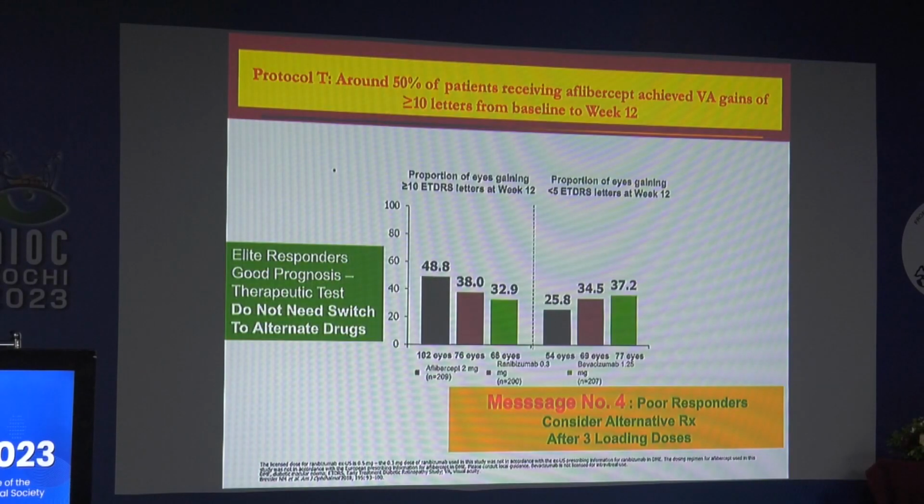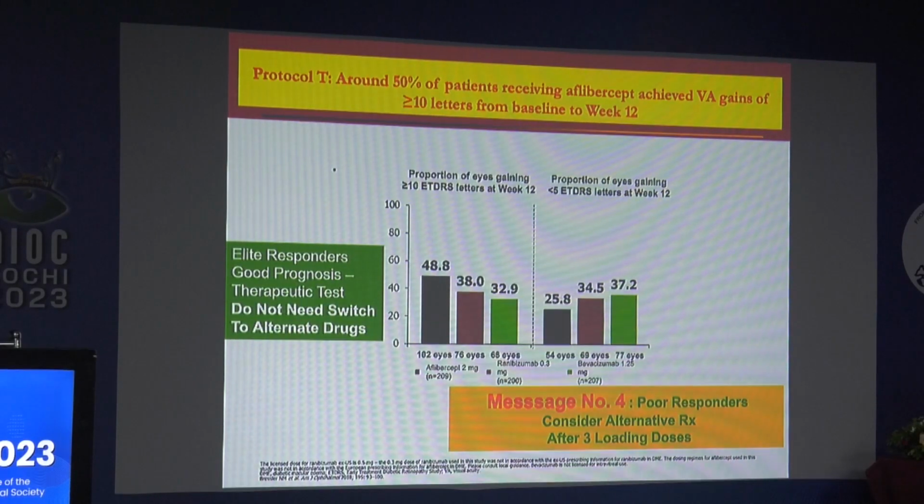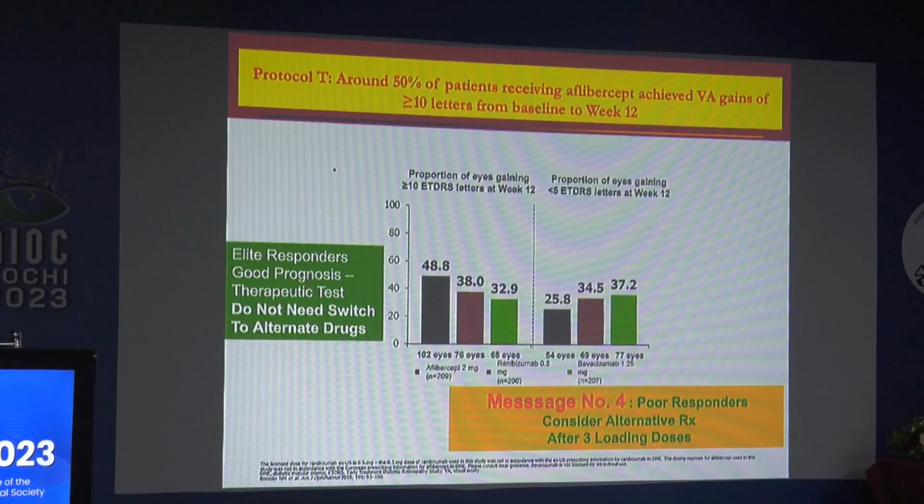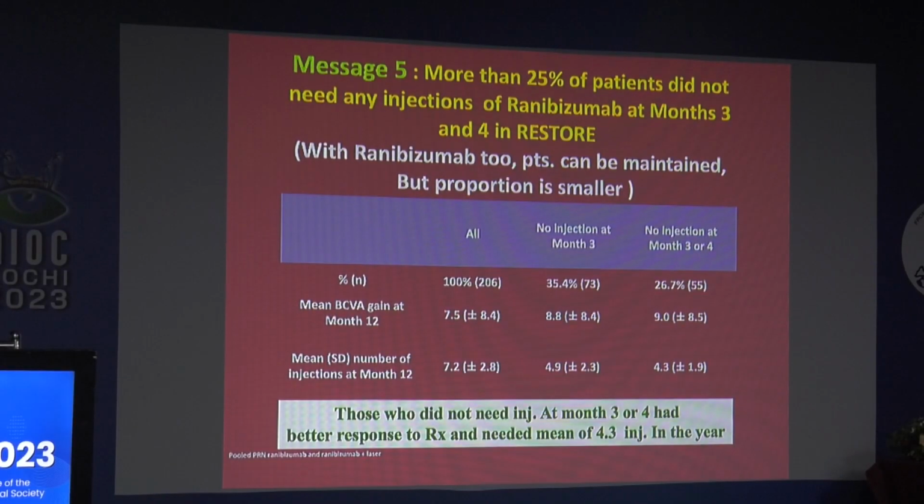It was also shown that patients who have a good prognosis are the patients who respond within the first 2 or 3 injections. Many times they may not need a third or a fourth injection. Therefore, you must try the initial loading doses, and if the patient responds and does not need a third injection, that can be avoided. That's what Dr. Dinesh is suggesting. And those who do not need an injection at month 3 and month 4 are generally better